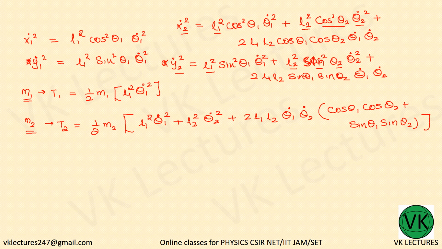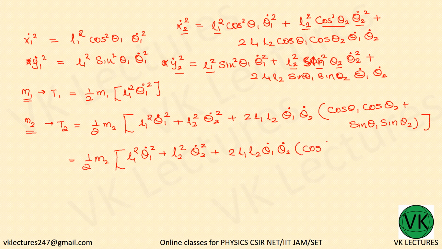theta 2, so that will be equal to half m2 into (L1 squared theta 1 dot squared plus L2 squared theta 2 dot squared plus 2 L1 L2 theta 1 dot theta 2 dot cos of theta 1 minus theta 2). So this is the kinetic energy of mass m2